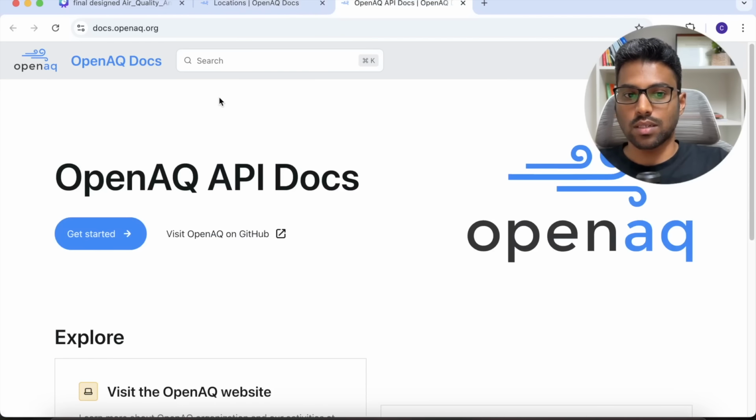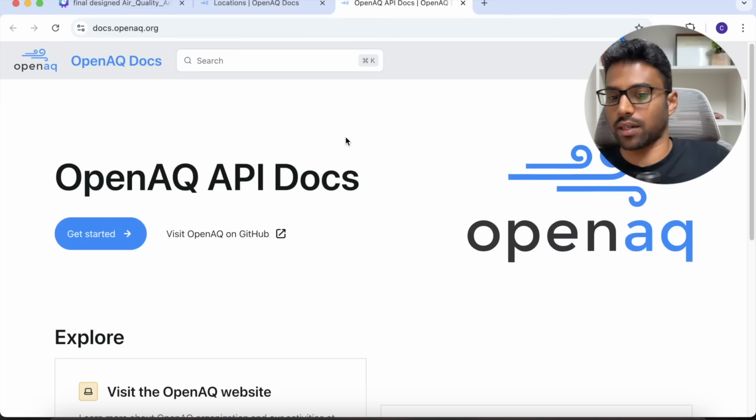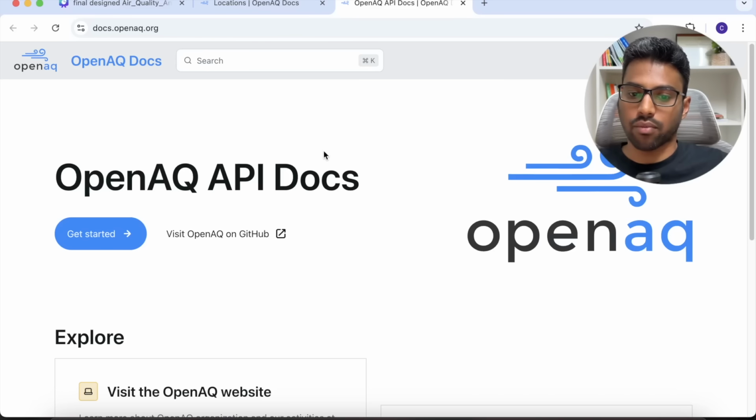So this is an open documentation with which you can bring in air quality data from across the world, from different locations, from sensors placed across different locations by different providers. There are different providers who have placed sensors to read the air quality data, right? But OpenAQ is providing this completely free, so that anyone on this planet can leverage